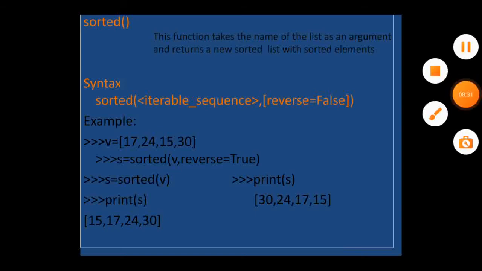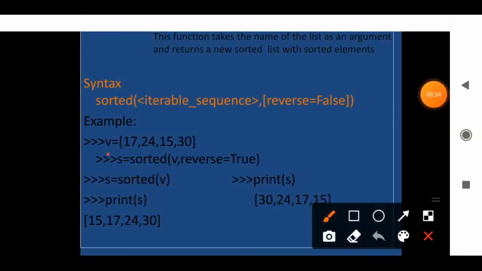For example, we have created the list v with a list of values. s = sorted(v, reverse=True) means it will sort the elements and store them in a variable s, and then print the result.